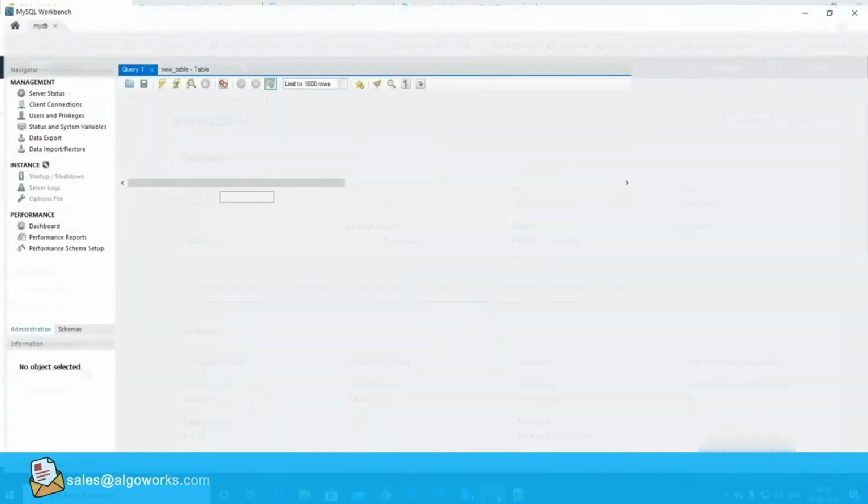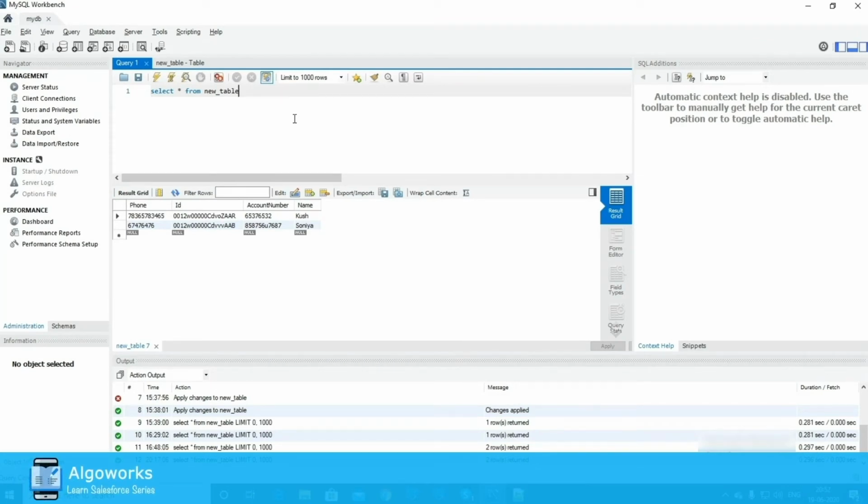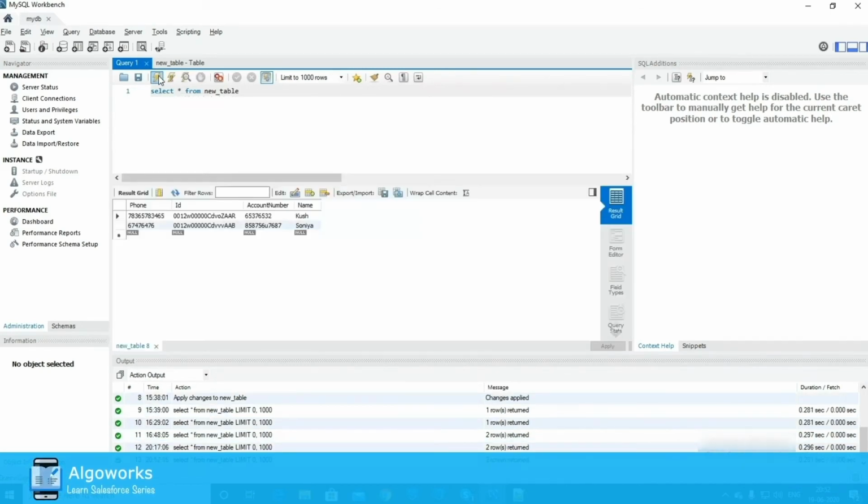So now we require a client to access this database. So for this demo I have the MySQL workbench, and in this database I have already created a table with a name of new underscore table, and I'll run this query and it will select all the records in this database. Okay, up till now we have two records in this table. Now I'll just run this application and see if we can get a new record after creating a new account